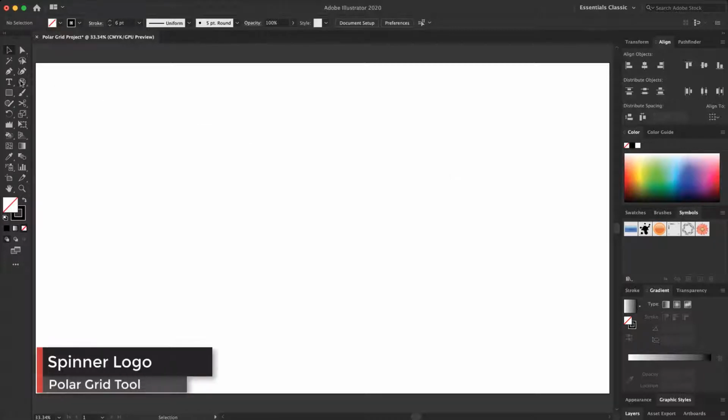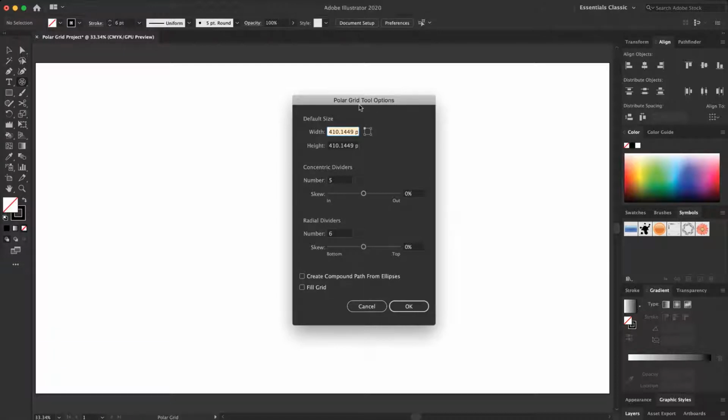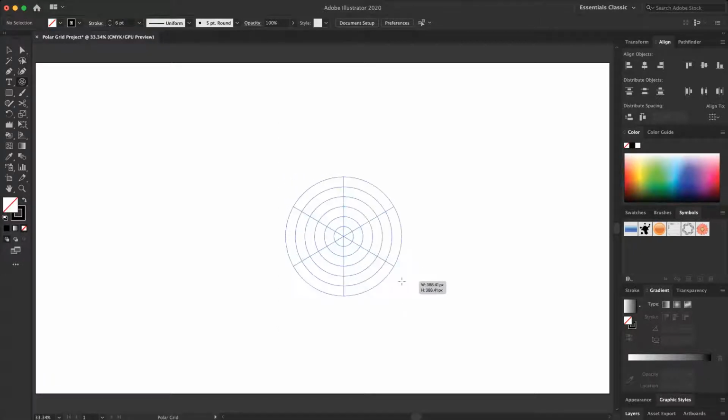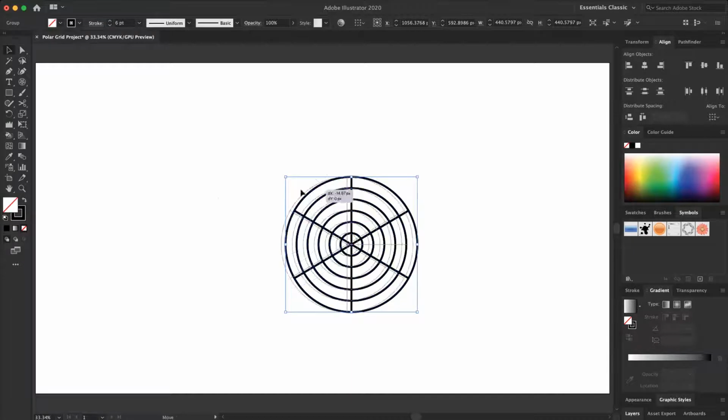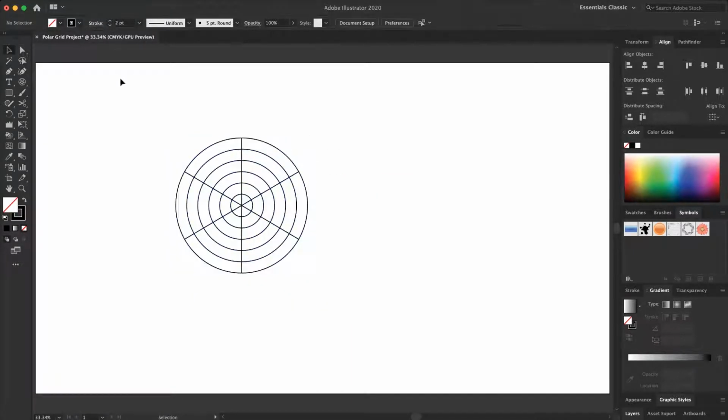At the first step, I select the Polar Grid tool and double click on it. These are the Polar Grid tool options. I change the radial dividers. The default is 5, but I put it to 6 and press OK and create one. Decrease the size of the stroke. 2 is OK. Now I select it, and holding the shift key, rotate it